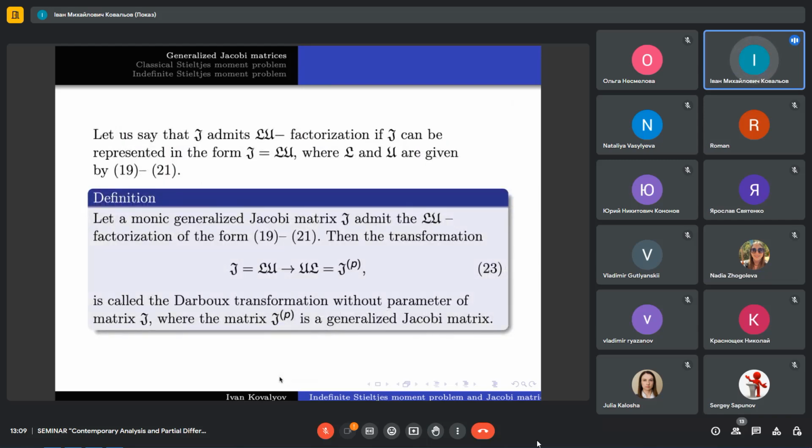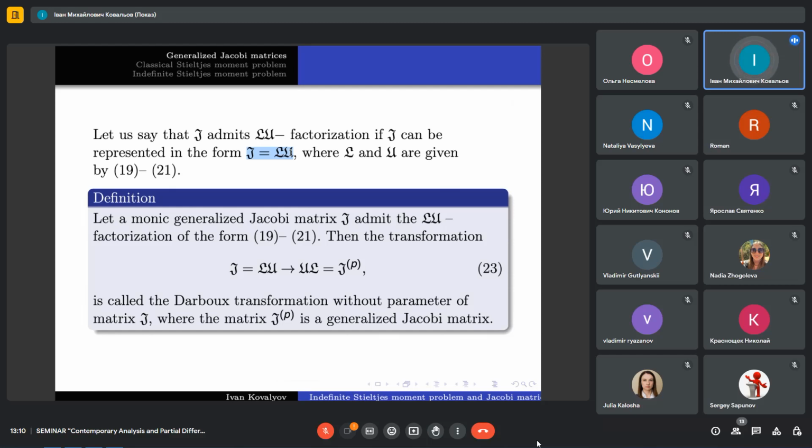And now we define what is the Darboux transformation. So let J be a monic generalized Jacobi matrix, and let J admit LU factorization. We mean that J equals L times U. Then the transformation 23 is called a Darboux transformation without parameter of J,